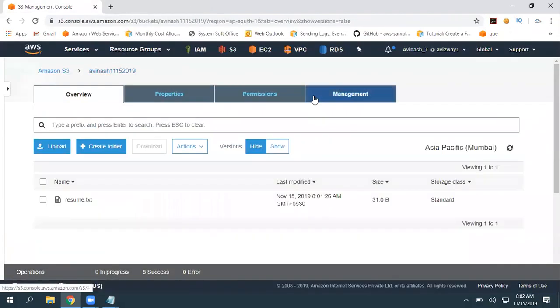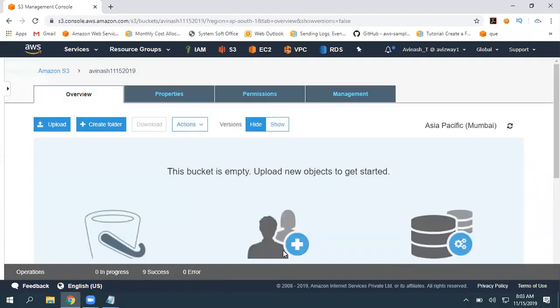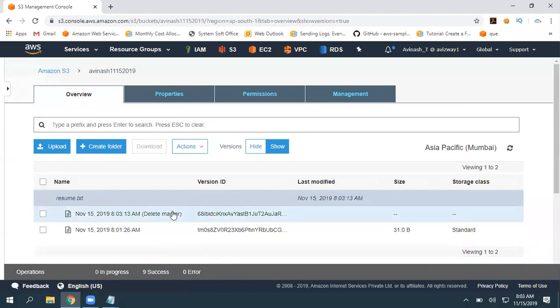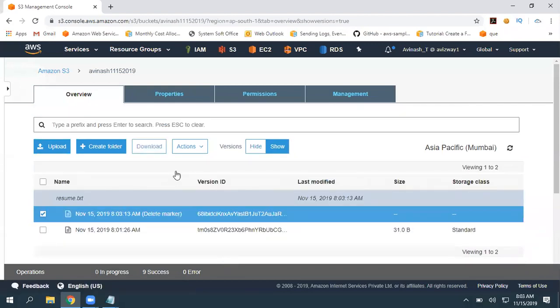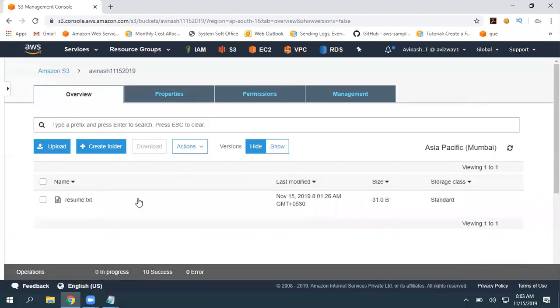So, clear with the delete marker, when we will get a delete marker. If you are deleting when versioning is set to hide, you will get a delete marker. And if you want to get that object back, delete the delete marker, you will get that object back. I deleted, but it is overridden with a delete marker. Go here, delete this delete marker, and we got that object back again. Okay, clear with this option?